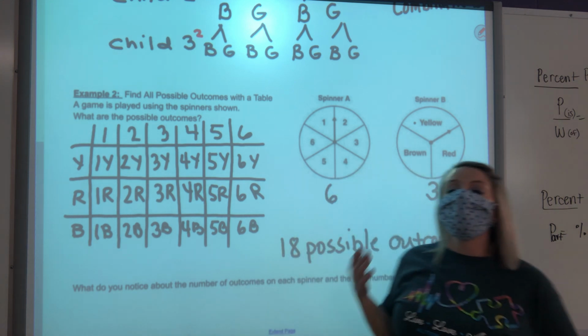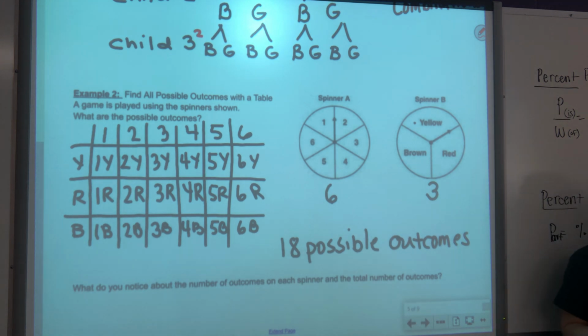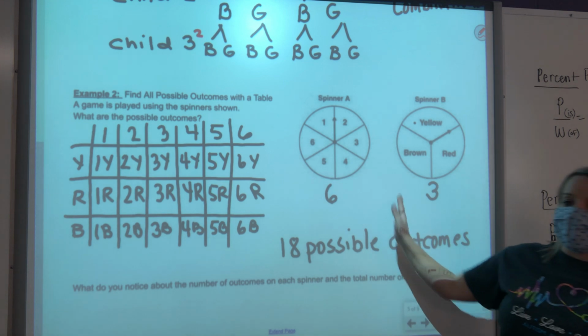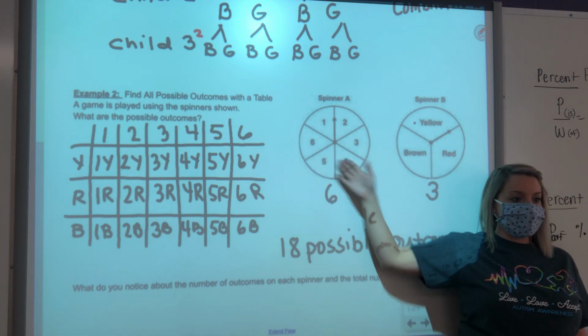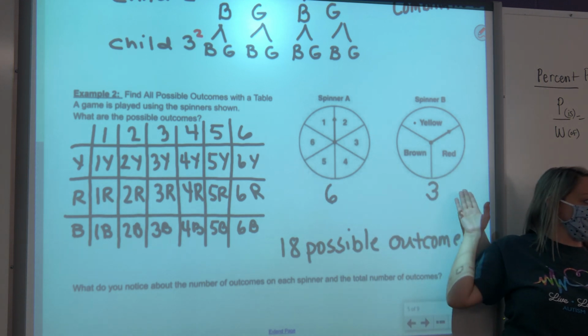You can actually calculate the total possible outcomes without having to do a tree diagram, a list, or a table, just by multiplying the possible outcomes of each event. Spinner A is an event, spinner B is an event. So the outcomes of spinner A is 6, outcomes of spinner B,